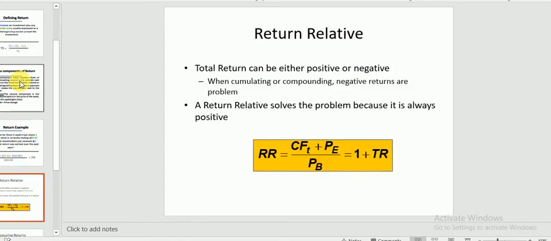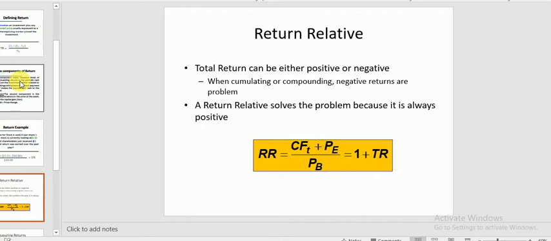Now today our topic is return relative, but before going to explain this topic, I want to clarify one thing: most of the students are confused between relative returns and return relative. These two, relative returns and return relative, are different concepts. Relative returns,